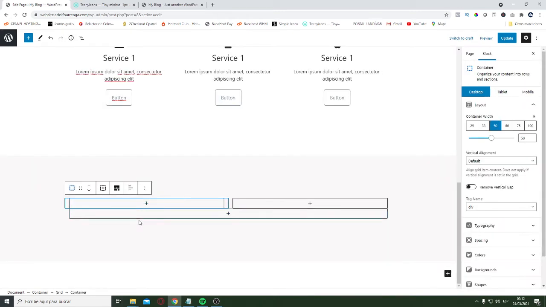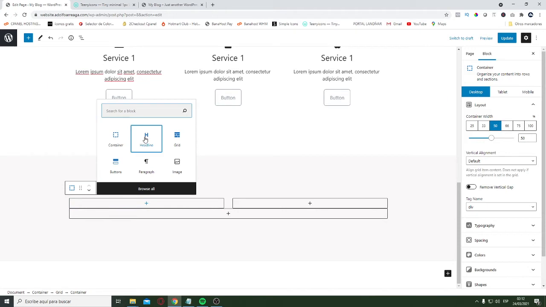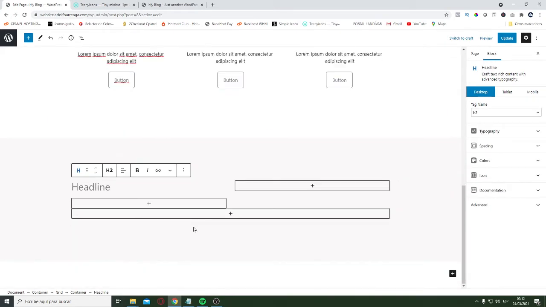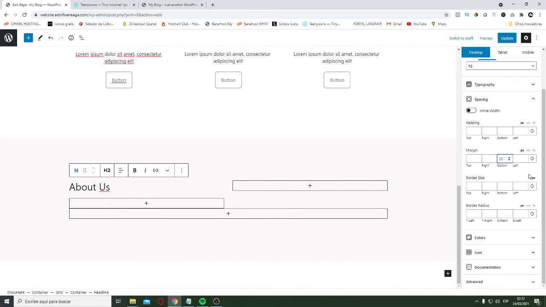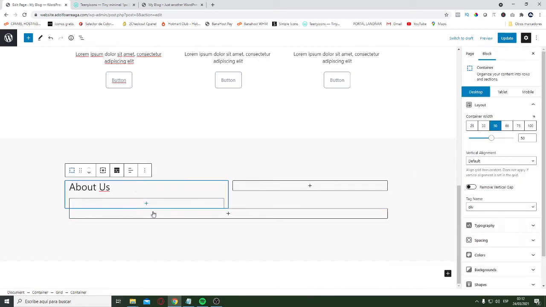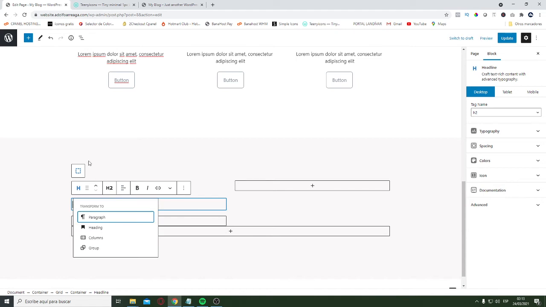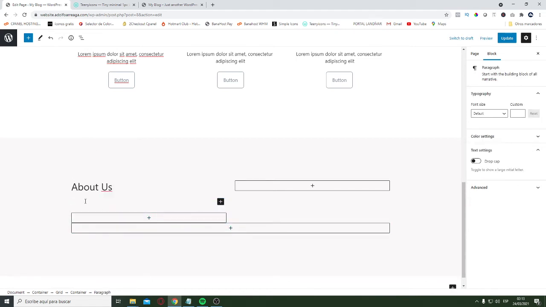Columns, okay, and a headline inside the column, about us. And spacing, we're gonna use bottom in the margin, and then small text paragraph. Okay,